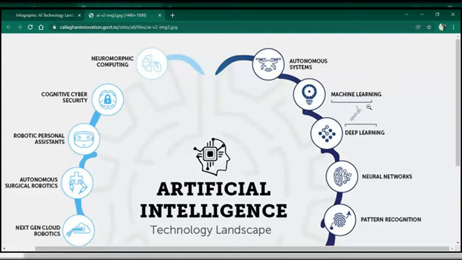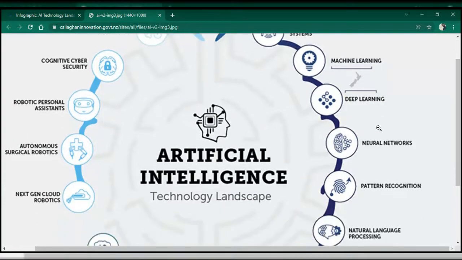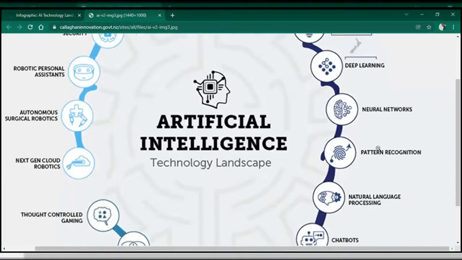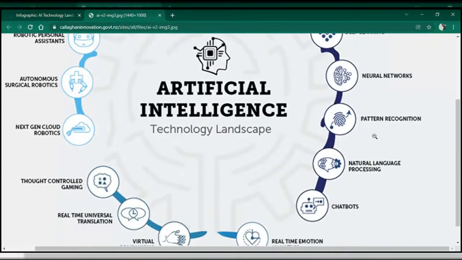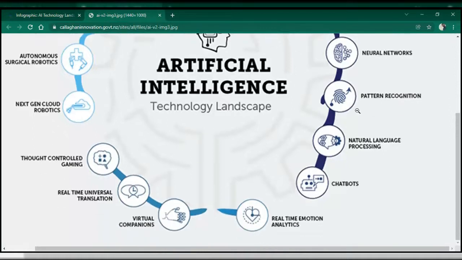Then there is machine learning, I already explained that. Deep learning, I already explained. Neural network is setting up machines similar to brains. It's very similar to deep learning. Pattern recognition, like I told you, the colors or the fruits, it'll be able to recognize, okay, all these are yellow, it's yellow patterned. All these are red, this is red patterned. All these are fruits, or all these are vegetables. Or say pattern recognition, another thing is,